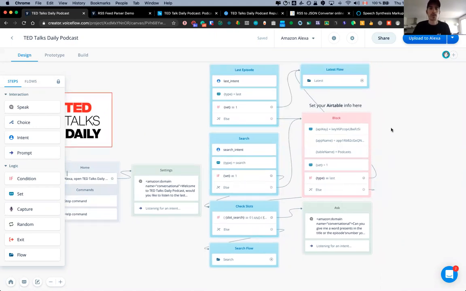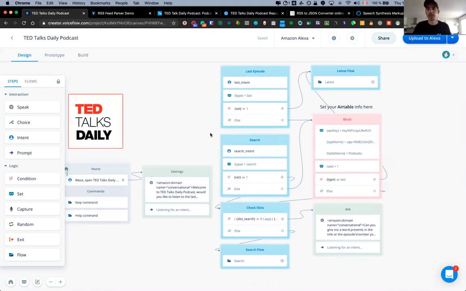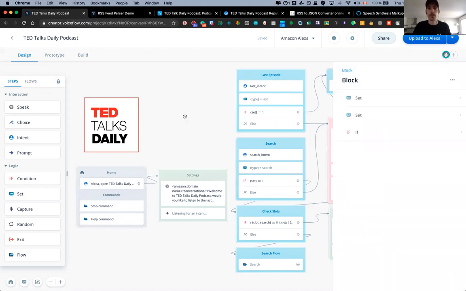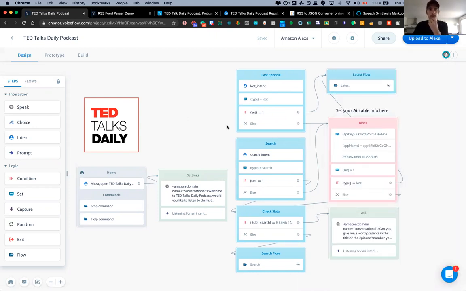The most important one to begin with is this one, the red one: Set your Airtable info here. For those who haven't already used Airtable in a project,